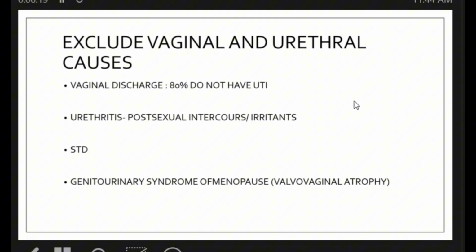You have to get a sexual history, maybe after intercourse. Sometimes they can have a burning sensation due to irritants. Also take a careful history to exclude sexually transmitted disease. Especially in elderly postmenopausal women, they can have all these symptoms, maybe due to atrophic vulvovaginitis. So having excluded all these things, if the patient has symptoms of uncomplicated urinary tract infection alone,